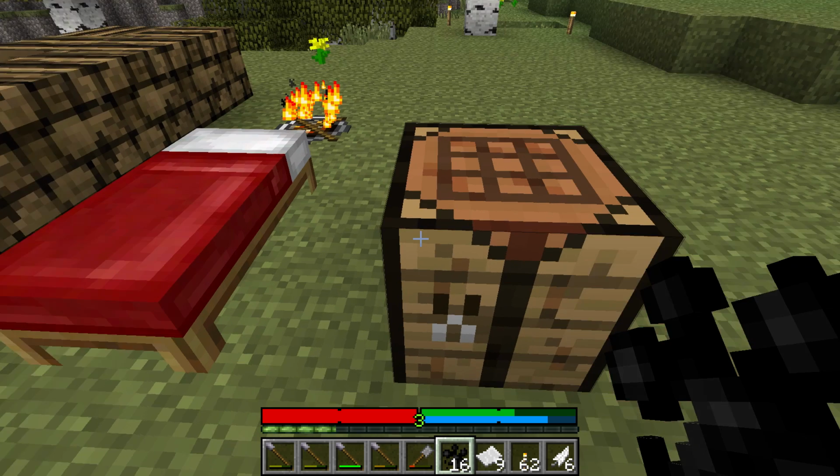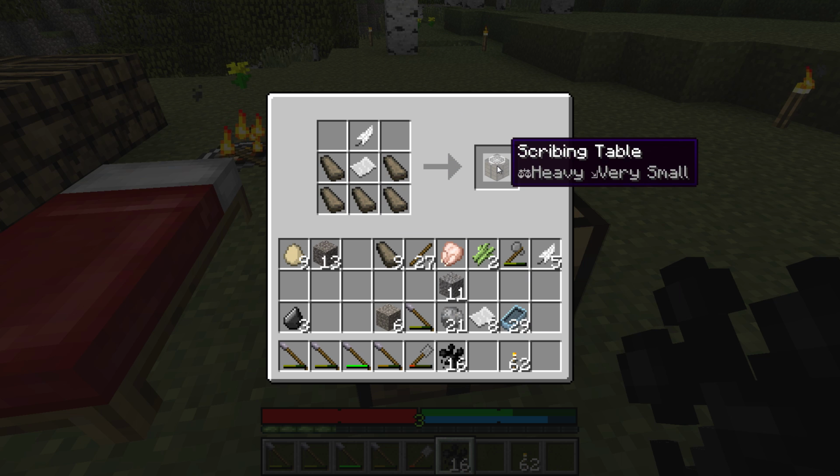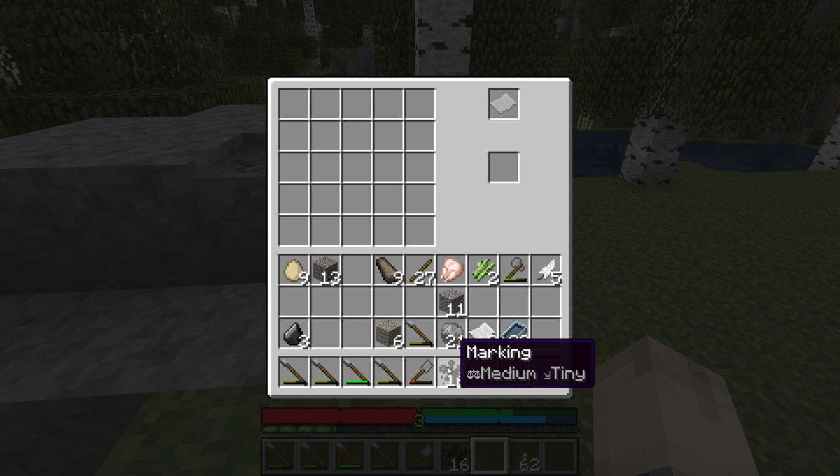Let's convert those. So we make one of these guys. This is called a scribing table. And this is how we draw up plans for anything we want to make. So there's the plan. Scribing table. Let's go put this right next to our anvil. And we'll use our markings to draw up the plan for...